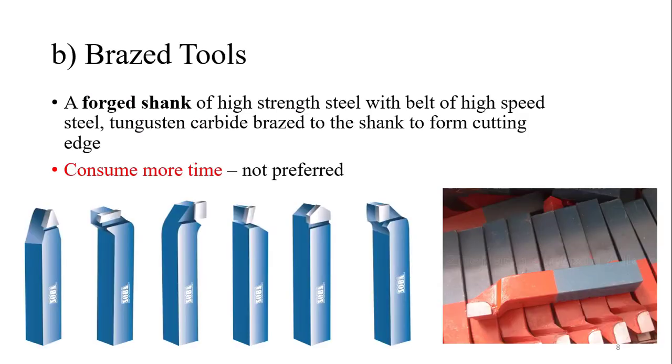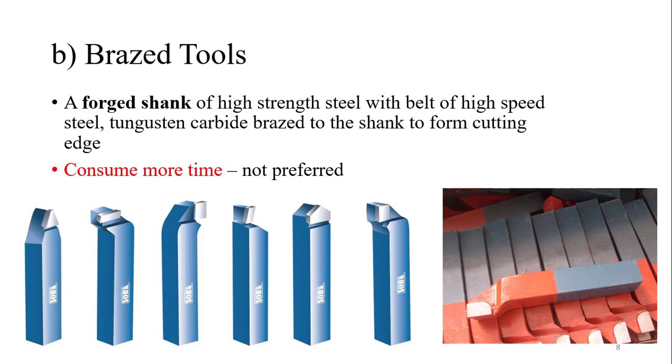Then we have brazed tools. Brazed tools are those tools in which the shank is made up of a metal, but the tip which is under the cutting is made up of a high profile material. For example, you can see in this image on your right lower end that the shank is made up of one metal and this is your cutting tip. This is the cutting nose from which you are cutting the material. This is made up of another material. So this could be your ceramic, this could be your inserted bit type, fine. These are called brazed tools because this tip is brazed onto the surface of the shank of the other metal, fine. That's why it is called the brazed tool.